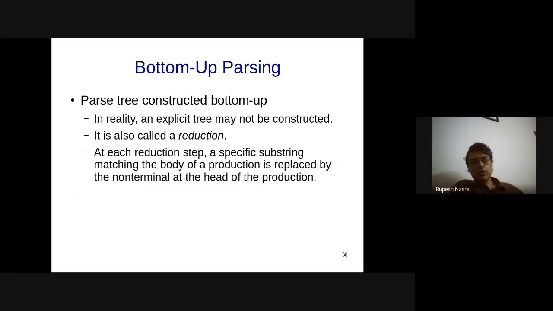Okay, so we'll stop here. Any questions? We had some interesting discussion about follow of S prime. I suggest that people who still have confusion should go back and look at it, and if you still have some question, please feel free to ask either on Moodle or you can just mail me.